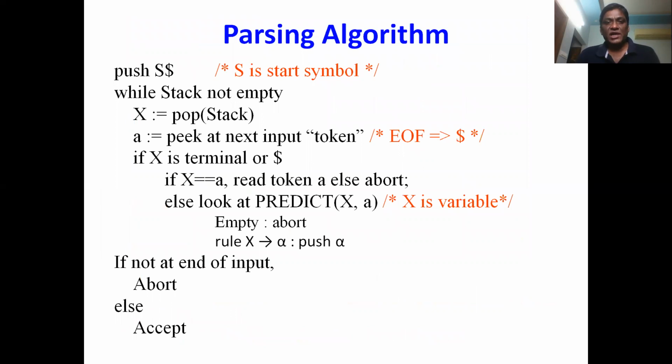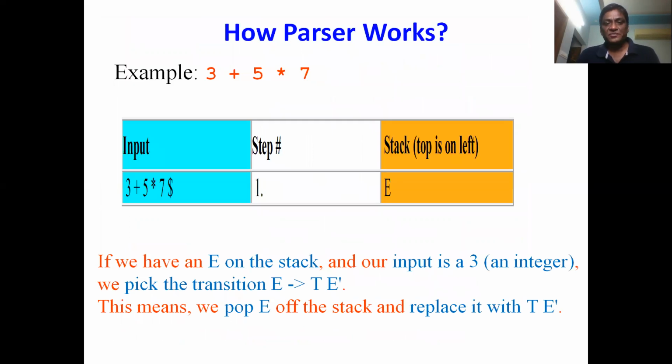So this is the parsing algorithm. I hope you will not understand it now. We'll come back to this again. Let us go through an example first. Then we'll come back and read that algorithm. You will understand it then. So let us see parsing with an example. I'll consider 3 plus 5 into 7, and I want to check whether the statement is syntactically correct or not. Actually, it is integer 3.